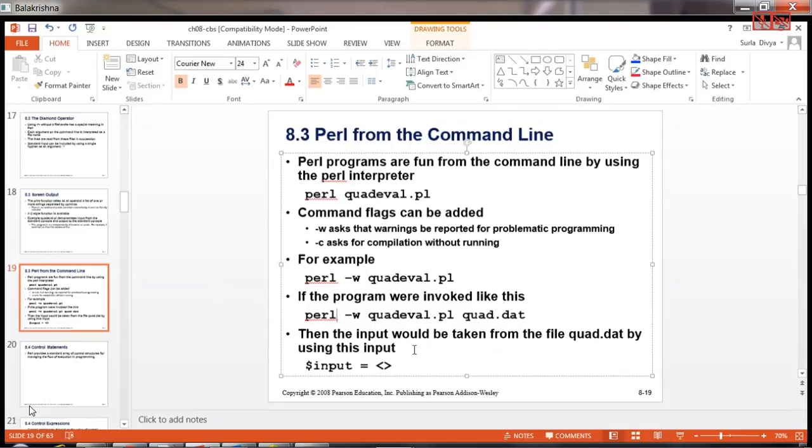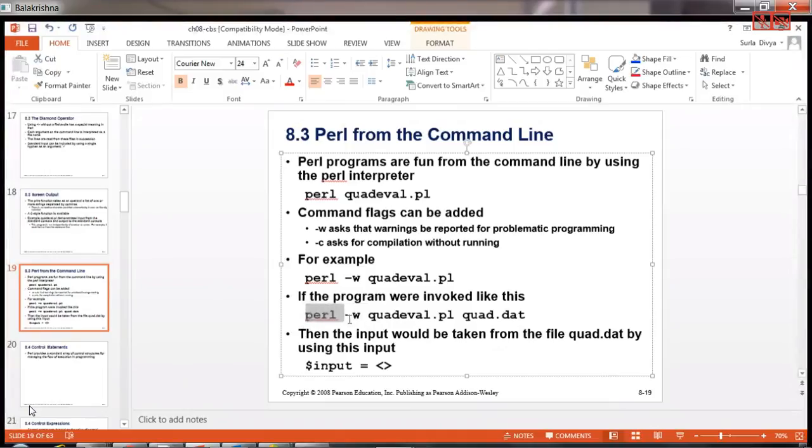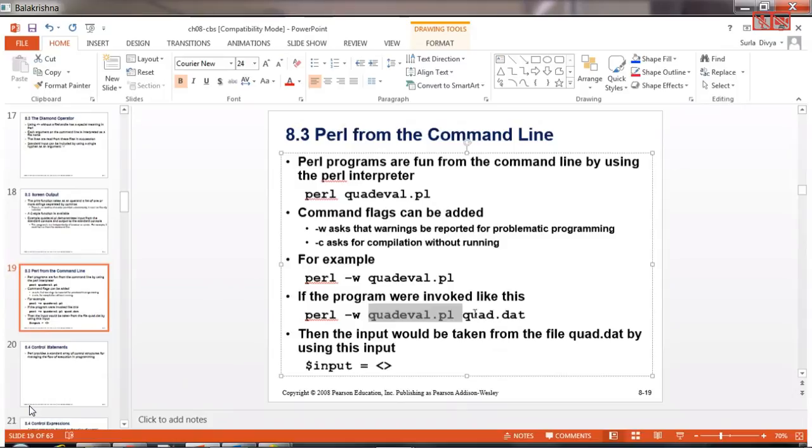Now, the input would be taken from the file quad.dat by using this input. I have already shown you this example on the command prompt earlier, without -w. Here the example is with -w, which also populates the warnings. This is trying to take this file as an input.